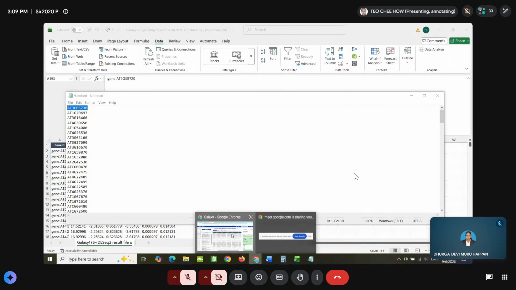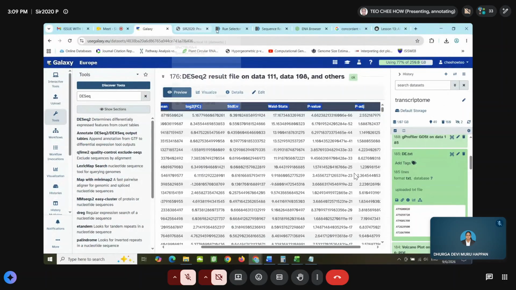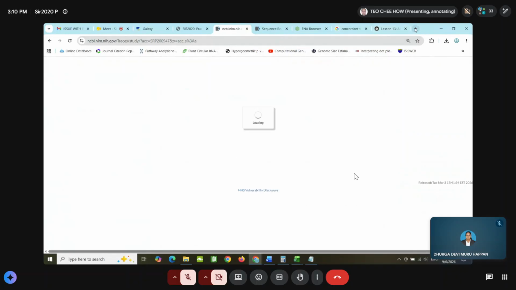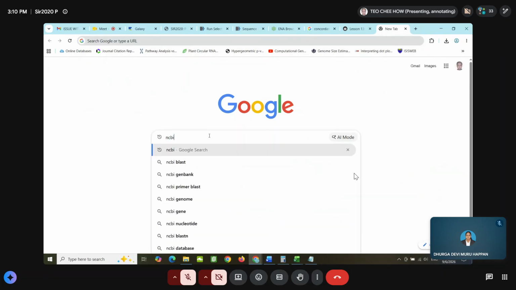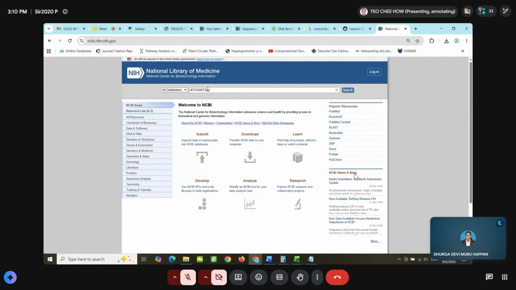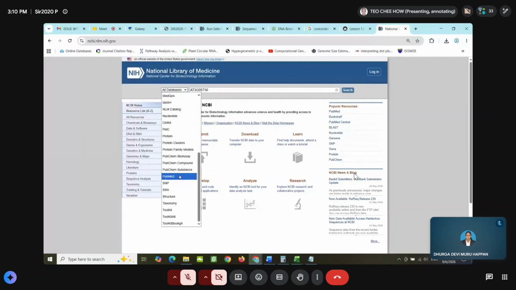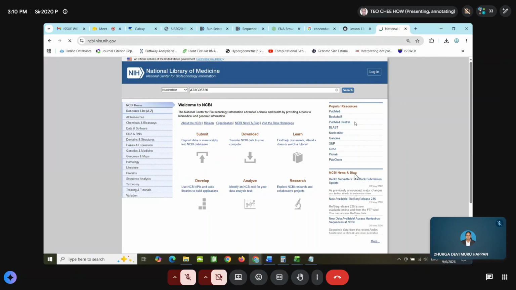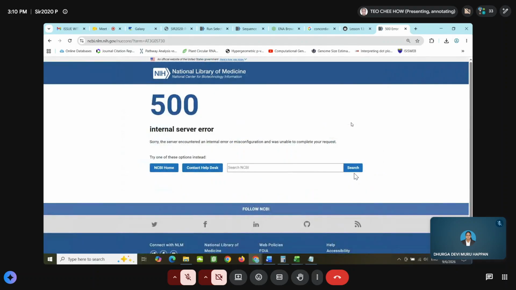Simple. Just go to NCBI, and you just type the gene in nucleotide sequence. Oh, it's a bit slow. NCBI issue.